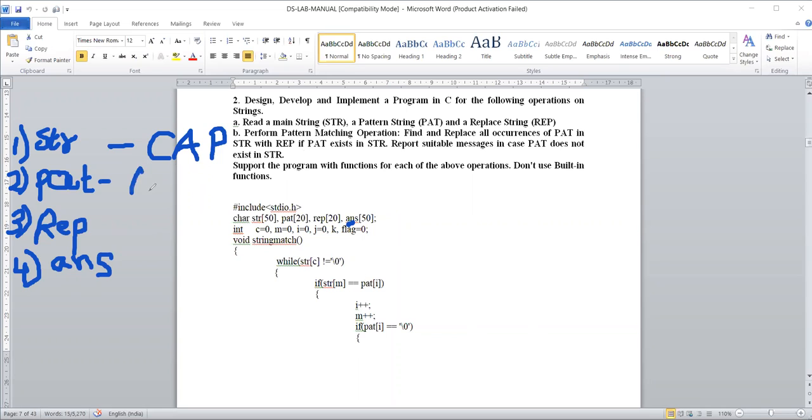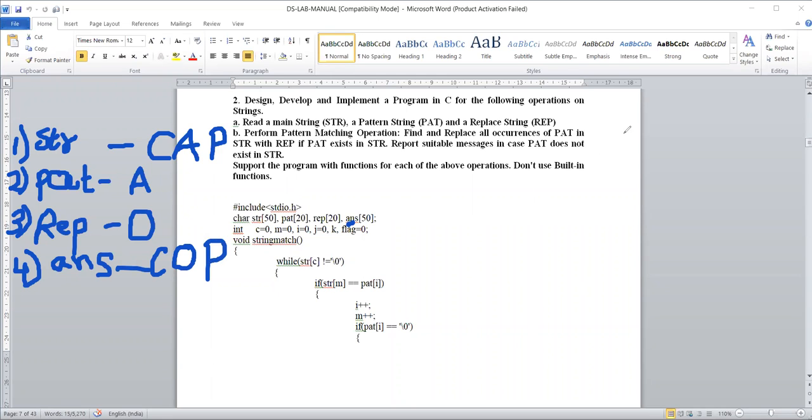The pattern string, let me take as a single letter, the alphabet A. And for replace, I will give a single letter O. Your answer should be: wherever A is there, replace it with O. The pattern is A, replace that pattern with O and give the output.